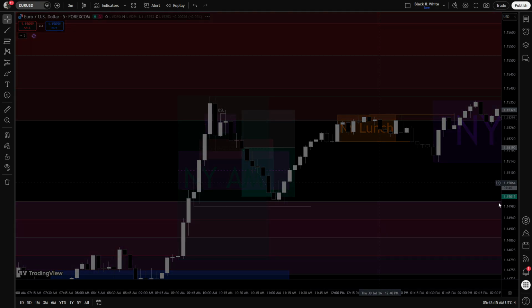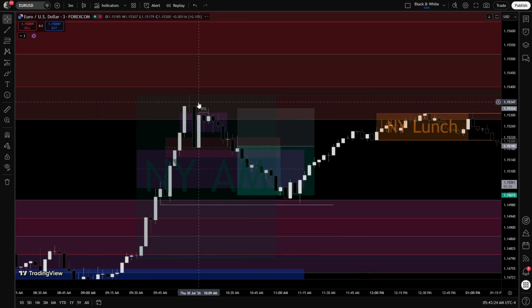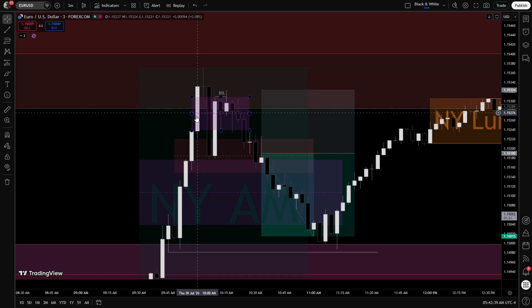Now, in order to get more confirmation about the bearish bias, we can't just say, okay, we are respecting that quadrant, we have taken that high, now we are bearish. That is very good, but what I actually wanted to see were some bullish PD arrays, bullish fair value gaps, as you can see. I wanted these fair value gaps to become inverted fair value gaps in order to give me more confirmation about the bearish bias.